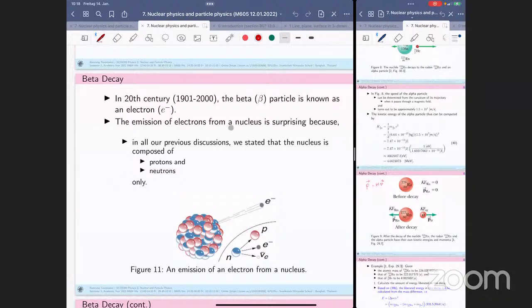Yeah, the emission of electrons from the nucleus is surprising because in all previous discussions, we start that the nucleus is composed of protons and neutrons only. That's the basic knowledge. Everyone agrees with that. But once physicists discovered something new, they found that not only protons and neutrons could be found in the nucleus of any atom, because in some processes the neutron could be converted to a proton,